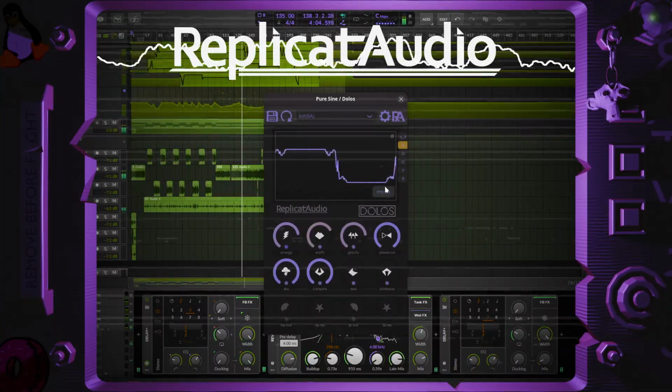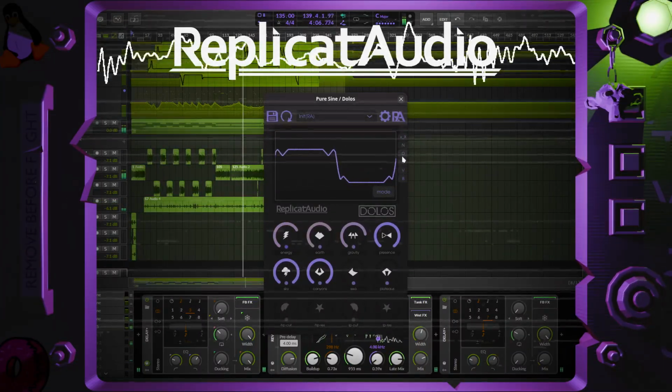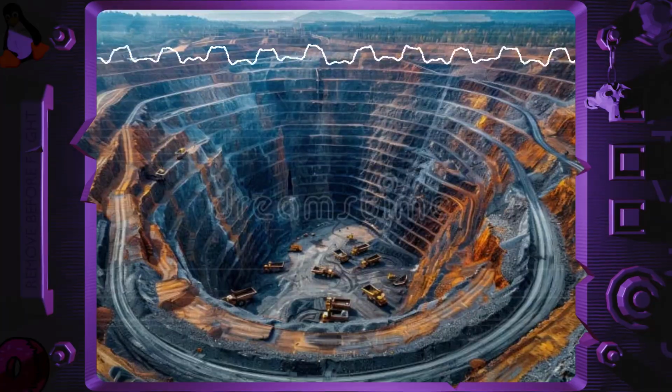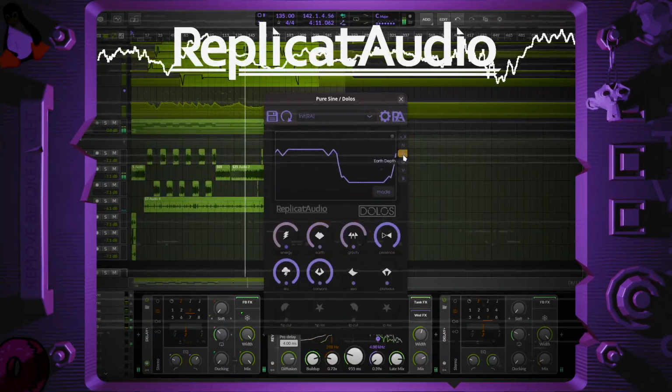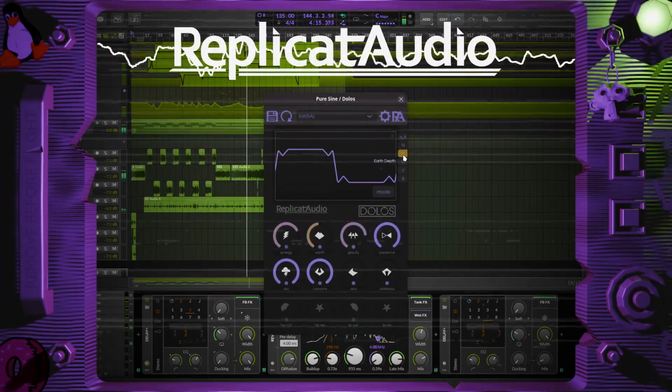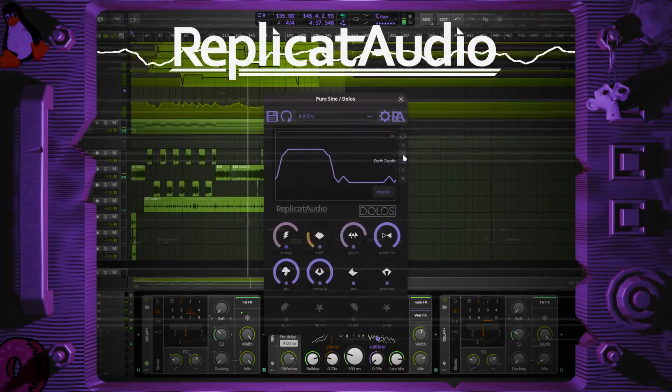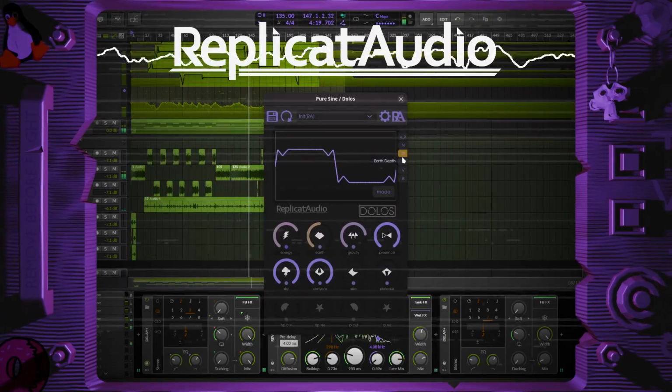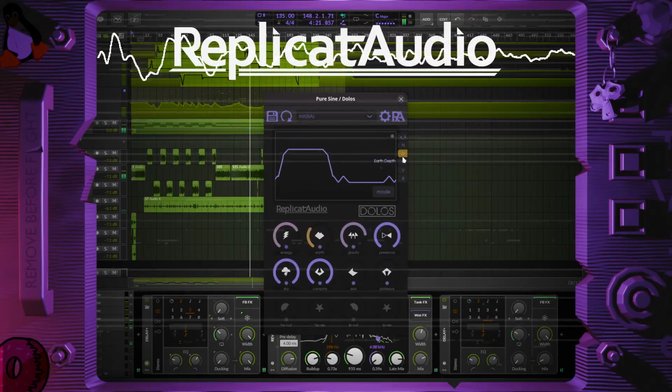And then the next knob under there is earth depth, which is going to increase the amount of DC offset that you can cause. Once again, this is going to be compensated, so if you turn this on, you could get some pretty crazy DC offset. You could definitely push it too far, but it should be pretty safe.